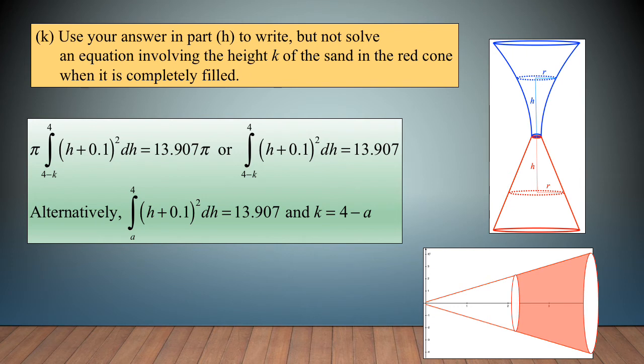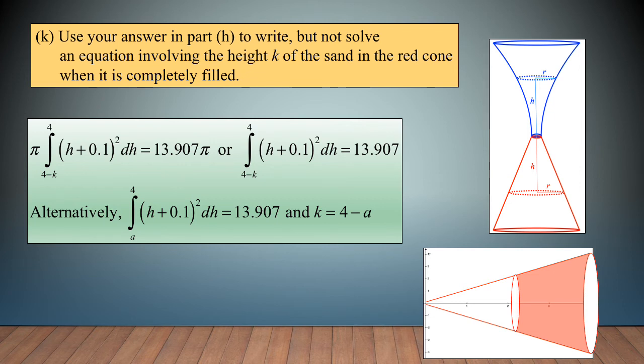Realize that the red cone is defined as h starting at 0 and getting larger to a maximum of 4. But when the red cone is being filled, it's on the bottom. So the bottom limit of our integral is not k, but 4 minus k. So our integral will read pi integral from 4 minus k to 4 of (h plus 0.1) quantity squared dh equals